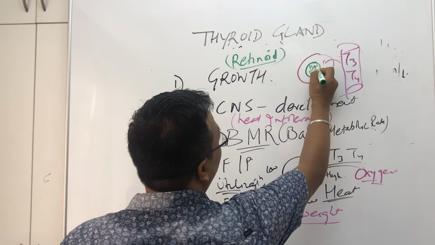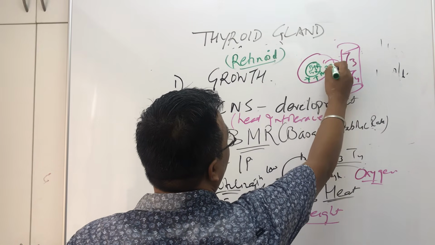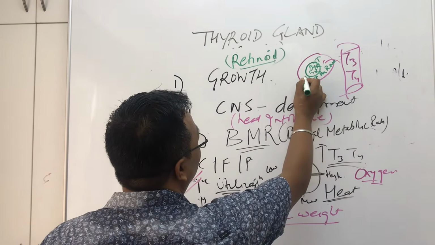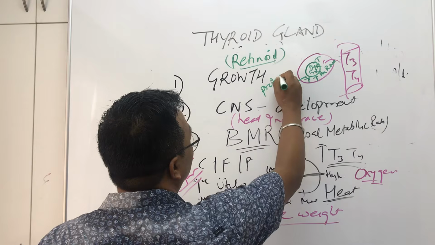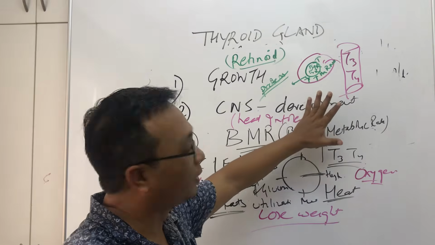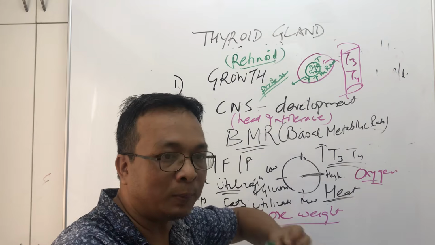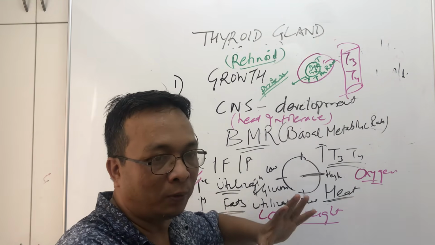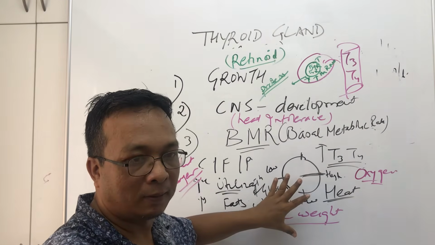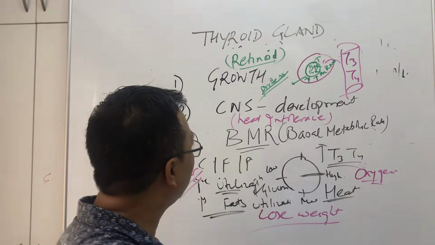So T3 and T4 will attach to the retinoid receptor here, and then there will be an increase in making of messenger RNA by increasing the transcription process. This mRNA will then produce lots and lots of proteins. These proteins will do all the work. So when T3, T4 is released, they go to the cells, inside the nucleus, and lots of specific proteins are formed. We don't have a name for those proteins; there are multiple proteins formed. These proteins control the BMR. What will happen? When T3, T4 is high, the BMR will be increased.